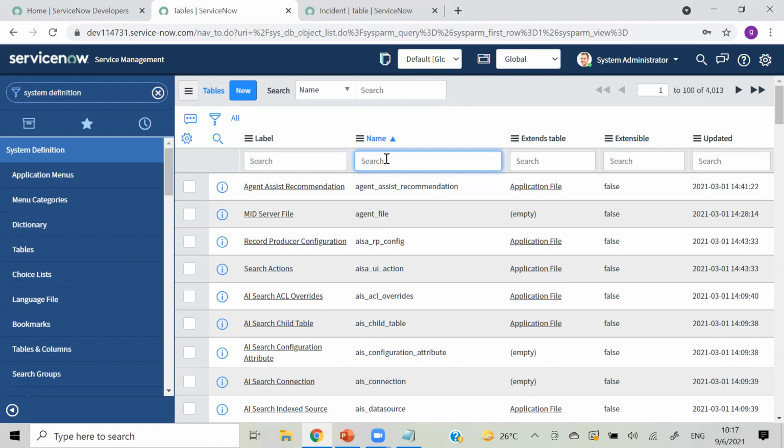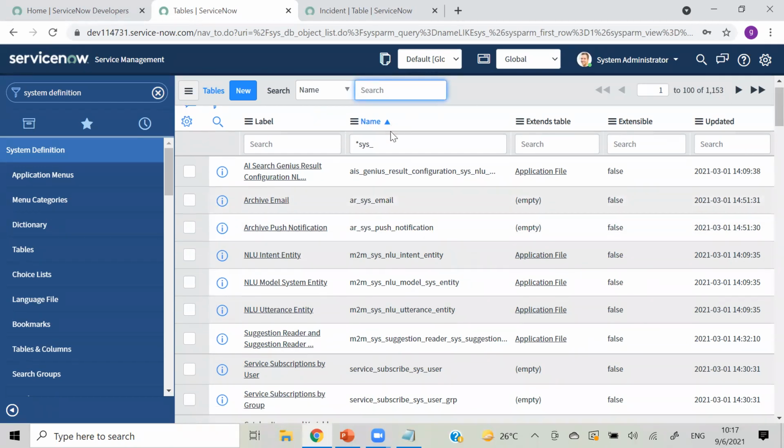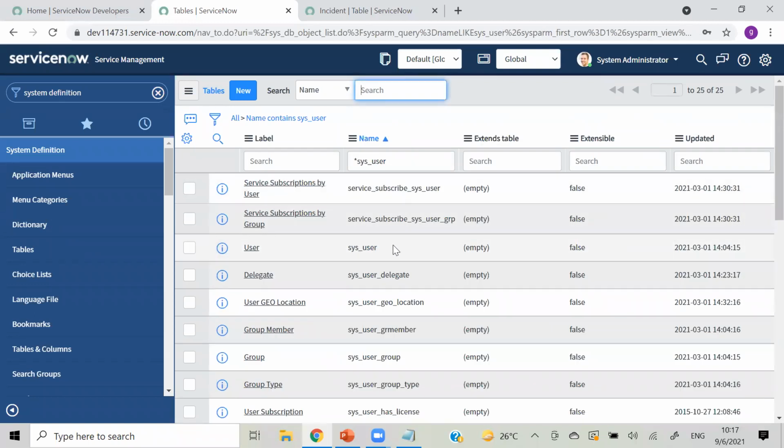But there are some tables which start with sys underscore, like we have push underscore notification. Let me pull some up. sys underscore user is a table for users, that is here, and this is for user's location. So just to simplify, sys underscore user is a table where all the user records are stored. Just remember this, because this is the table which we use in daily life.